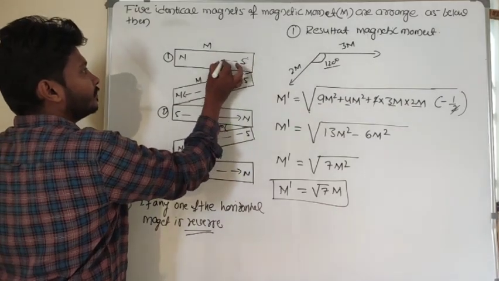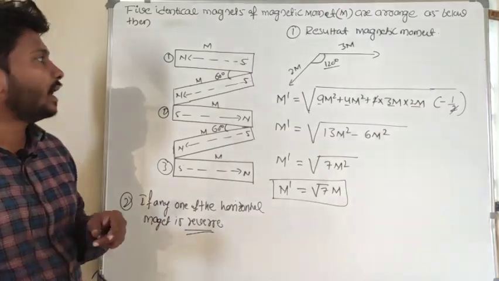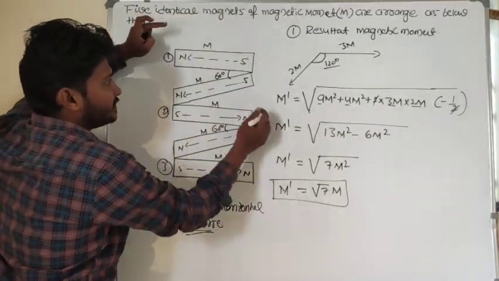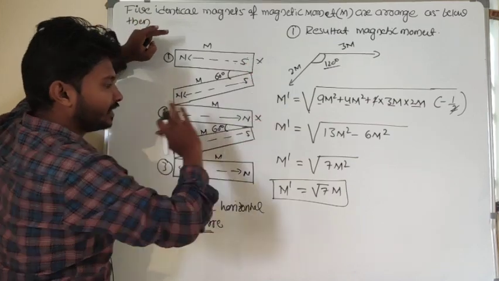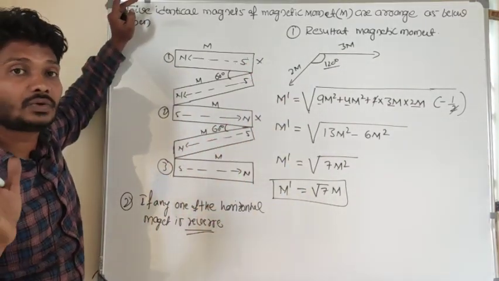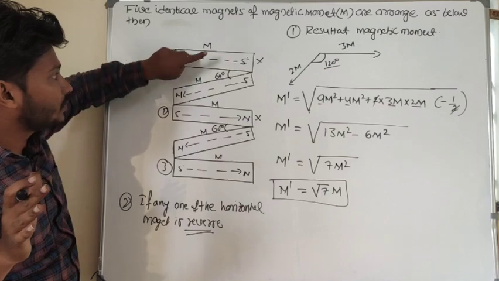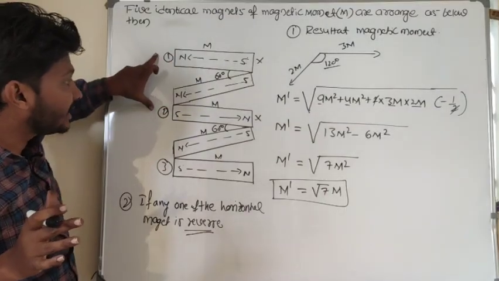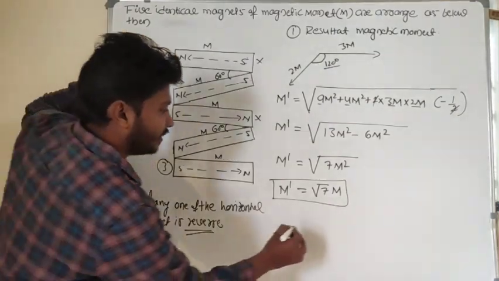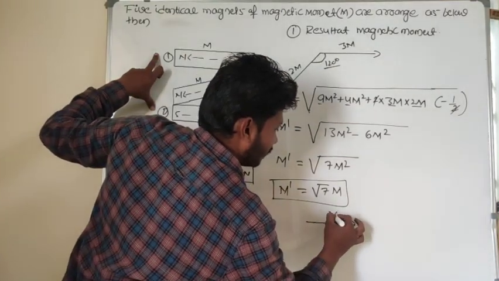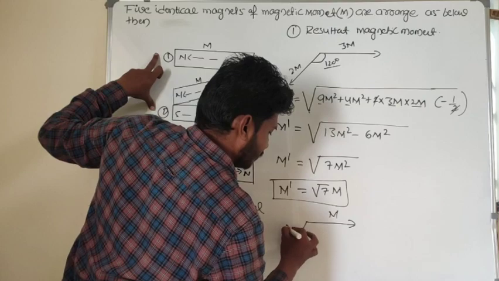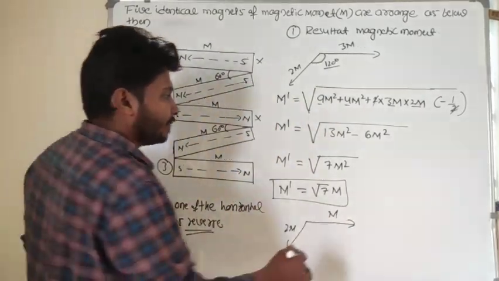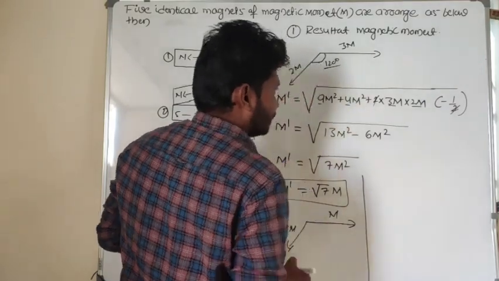north, south, look at here, one I reversed here. If I reverse one, this is the negative x-axis, this is the positive x-axis, these two effects are getting canceled out. So if any one of the horizontal magnets is reversed, two magnets are canceled out here. Then this is the situation. So only m and here 2m we can consider, m and 2m will remain here.